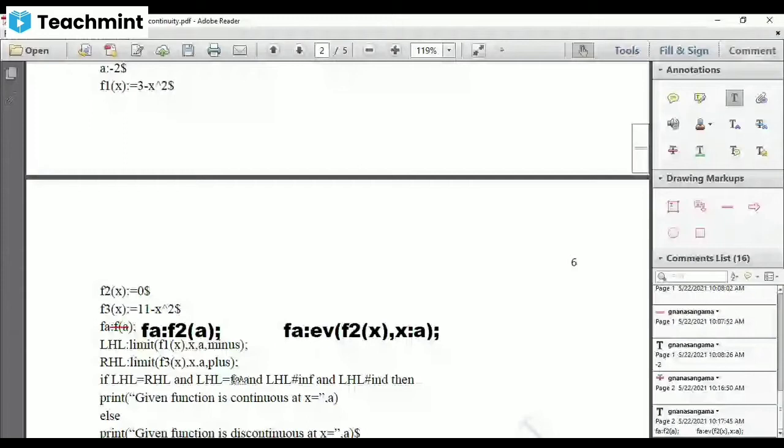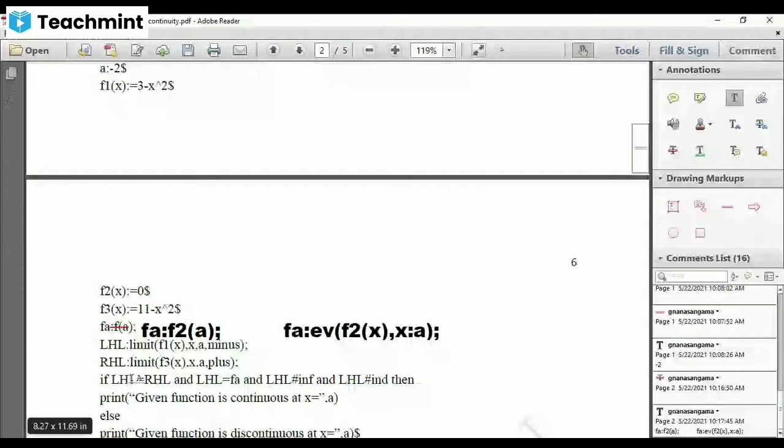So this is nothing but limit as x tends to a of f of x. LHL is nothing but limit as x tends to a of f of x. They are one and the same. If these two are equal, and LHL is equal to f of a, that is your third condition of continuity. And remember, your limit cannot be infinity, so LHL is not equal to infinity. And the limit cannot be indeterminate, so LHL is not equal to indeterminate. Because these two are equal, you can write any one of them, LHL or RHL, it doesn't matter. So this is the required condition for continuity.